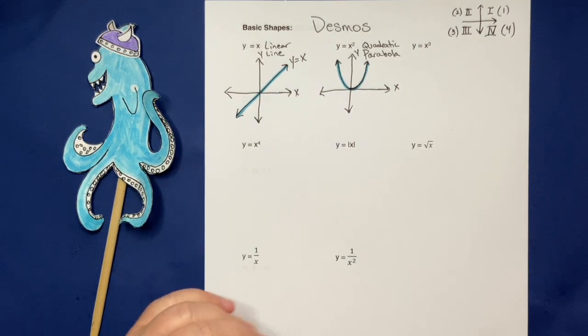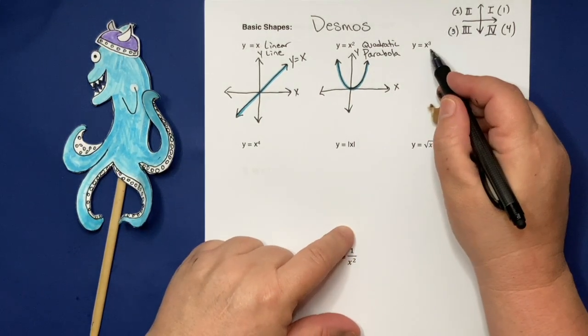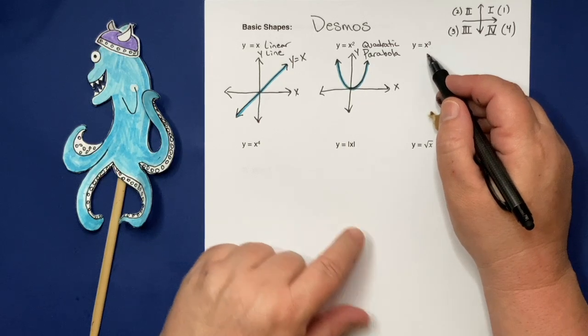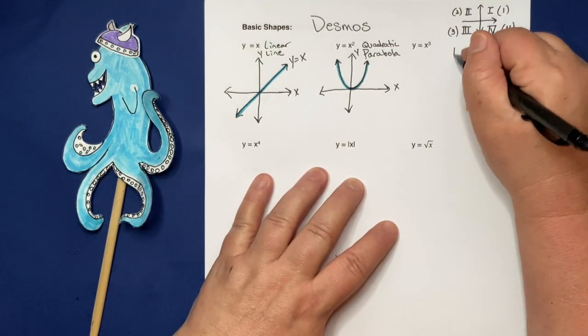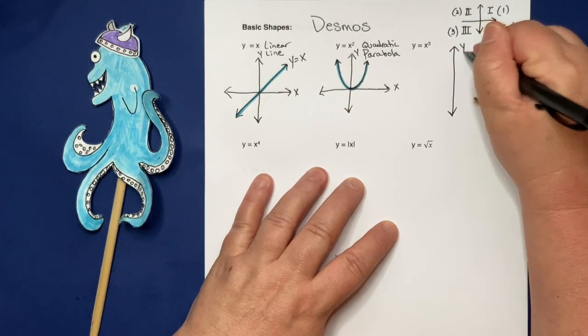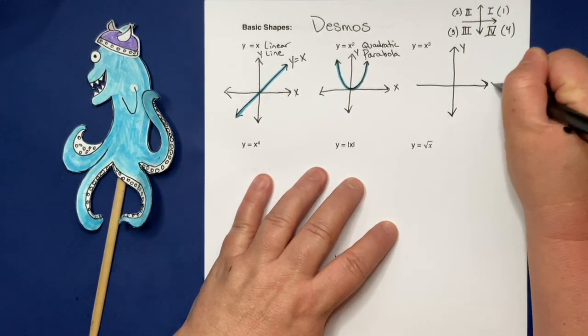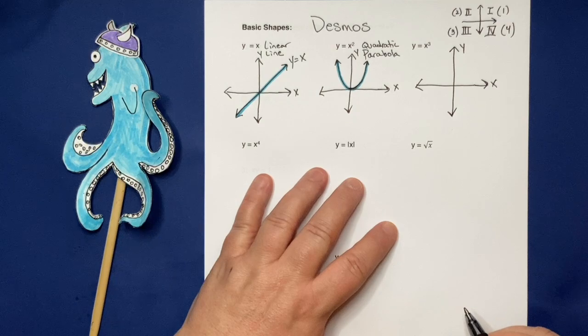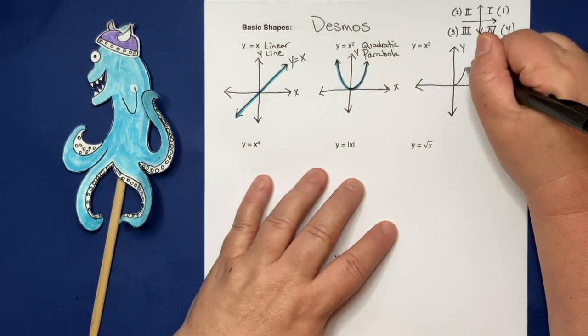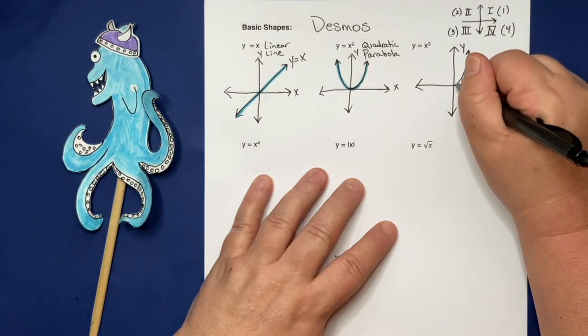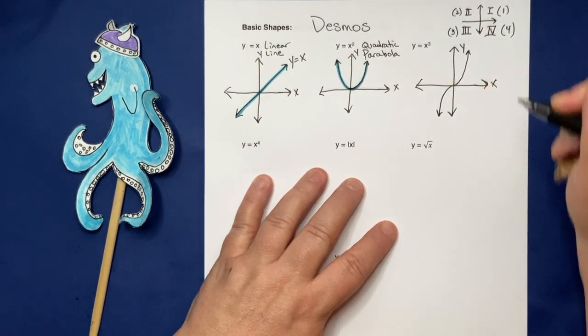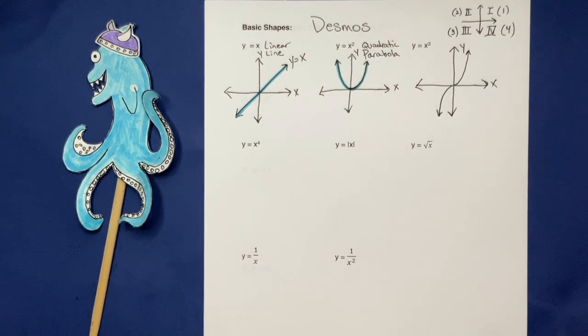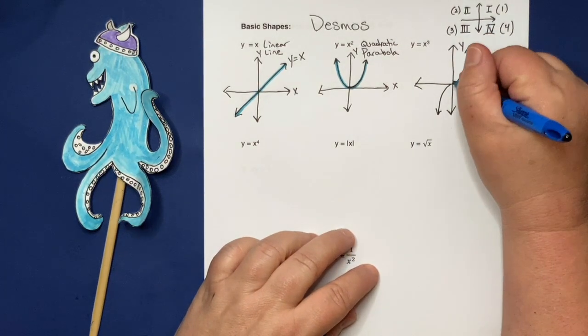Okay, so any guesses on x cubed? That is an odd exponent. Seems likely that we've got a 1 and 3 situation going on. And again, you can plot points or play in Desmos, but basically what you get is a slightly skinnier parabola that splits in two pieces. What does that look like? It looks like this, and then it comes down like this. Isn't that pretty? And so we do see that odd behavior,